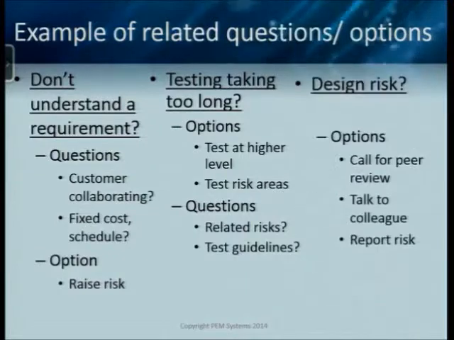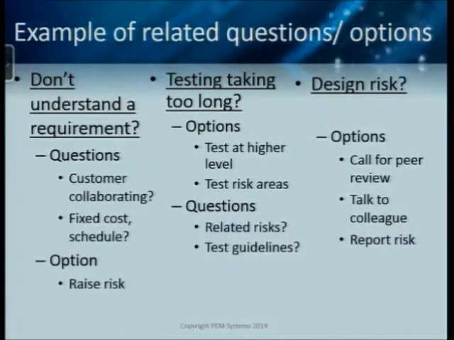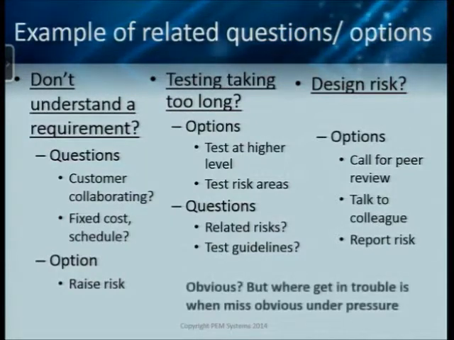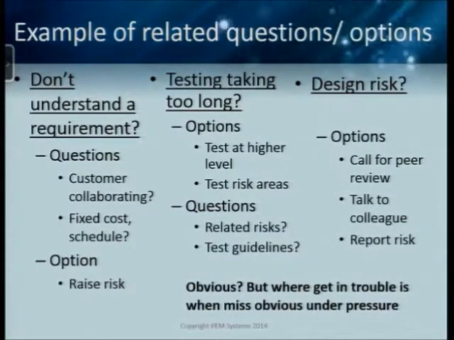building your software. I got a design risk. What can I do? Well, I could call for a peer review, but maybe I don't have time to do that. How about just talk to a colleague, bring some key people, pull them in together? So some of this may appear obvious, all right? It's that in the heat of battle, we frequently forget the obvious. And this goes back to the point that we get into trouble when we make poor decisions.